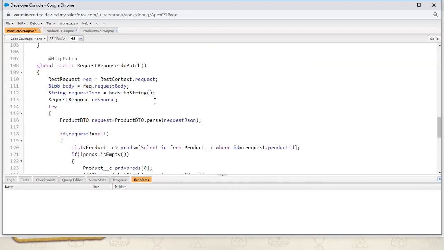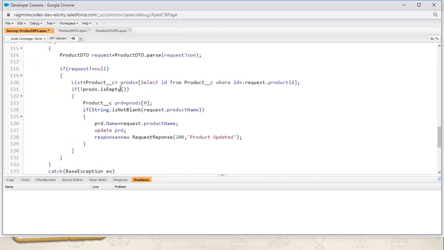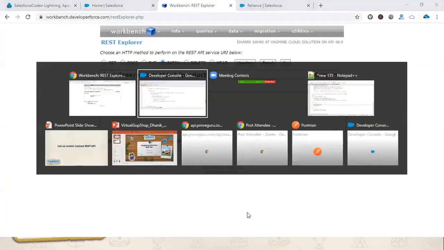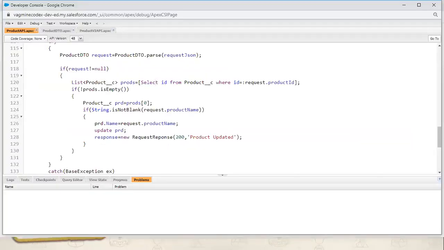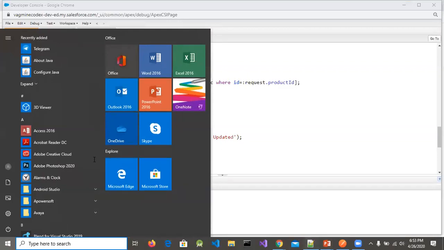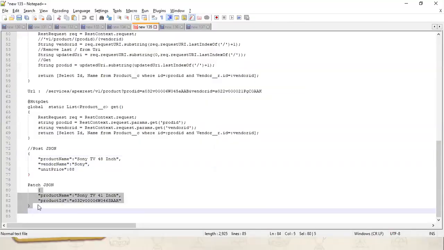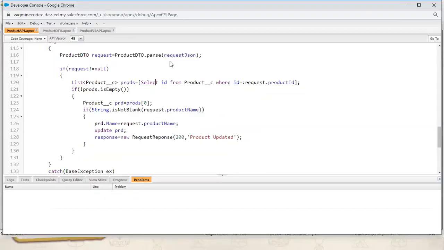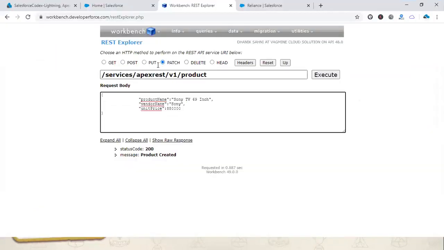Okay, so let me show the sample. I'm passing the product ID, and whatever product name was there will be replaced with Sony TV 41 inch.